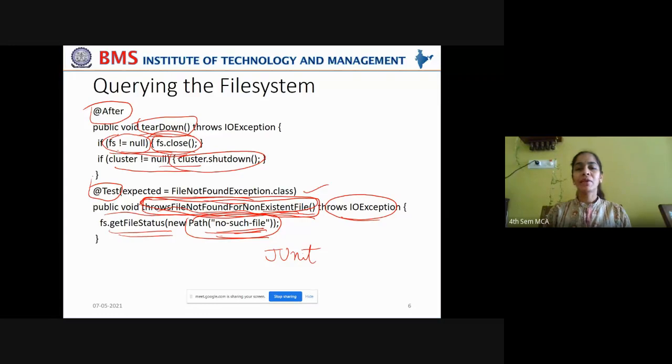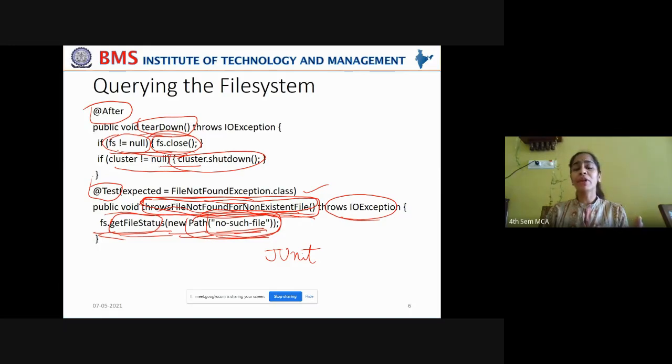files, for such files, if you want to handle the exception, you don't want the system to handle the exception. If you want to handle the exception with a meaningful message, you can do that by using the get file status method of the file system class by creating a new path instance and passing the message no such file, or no such file found, or no such file exists. You can give any kind of such messages. Right? So whenever you're creating a,